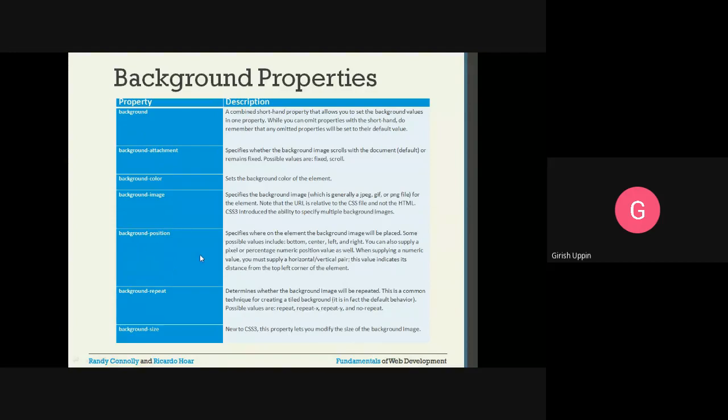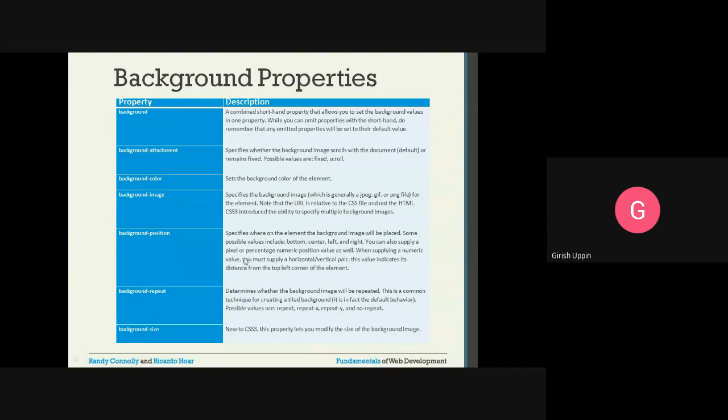Then background position. If you want to set the background position, it specifies where the background image in the element will be placed. Possible values include bottom, center, left, right. You can also supply a pixel or a percentage numeric position value. When supplying a numeric value, you must supply a horizontal, vertical pair. This value indicates its distance from the top left corner of the element.